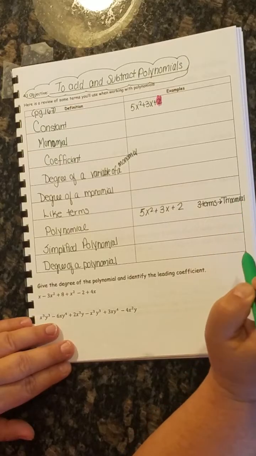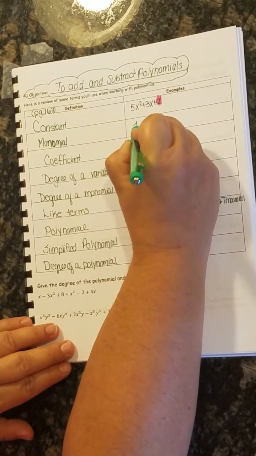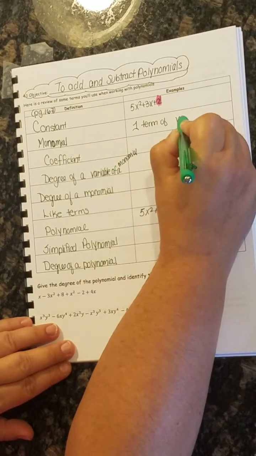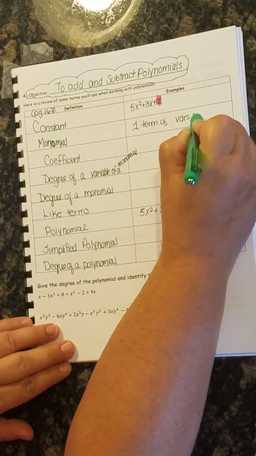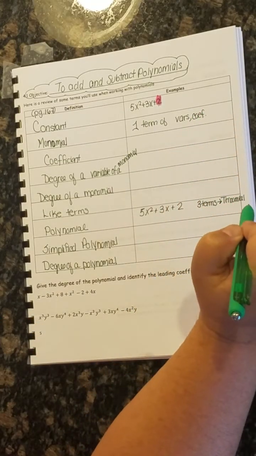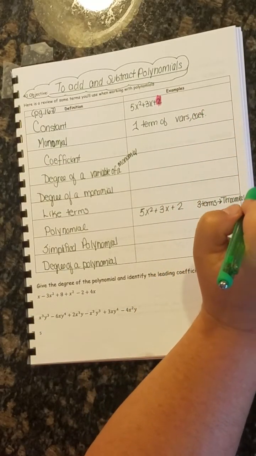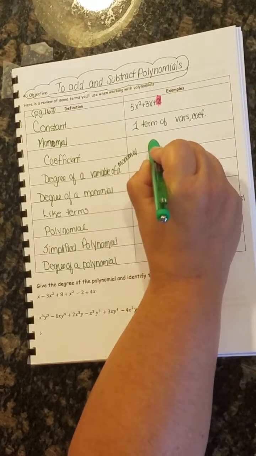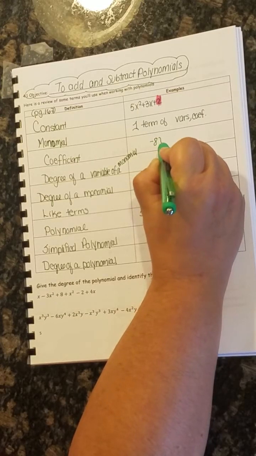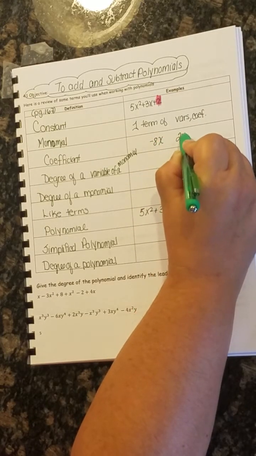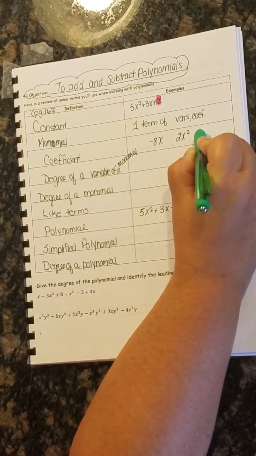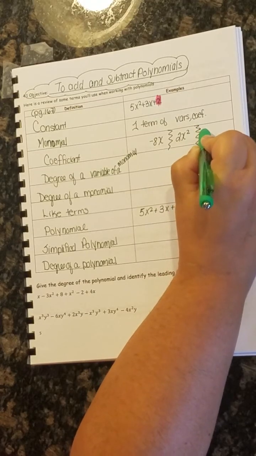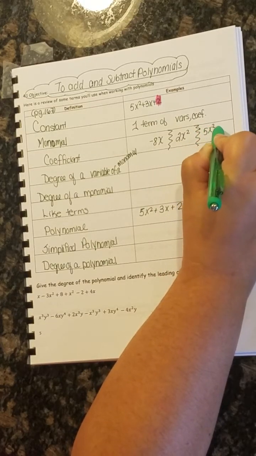So what is a monomial? A monomial is just the one term of the variables with the coefficient, or even no coefficient, or no variable. But if there's no coefficient, the coefficient's 1. So let me tell you what a numerical coefficient is. If you have this monomial, like negative 8x, like 2x squared, like how about if you have a non-monomial and it's a trinomial, 5x squared plus 3x plus